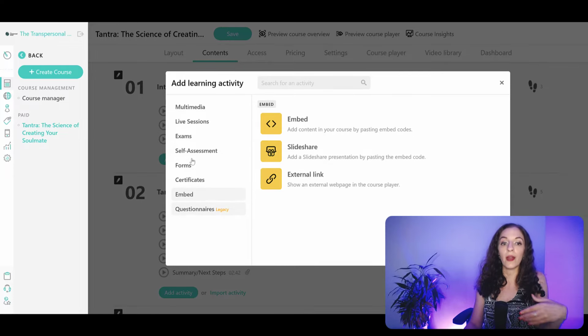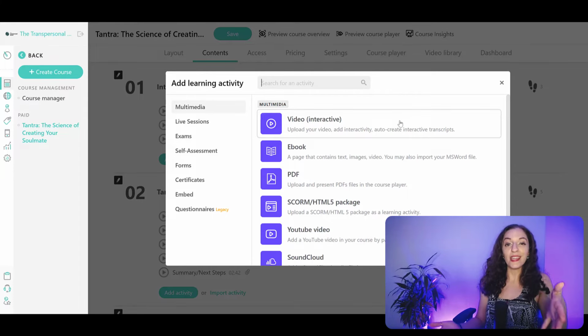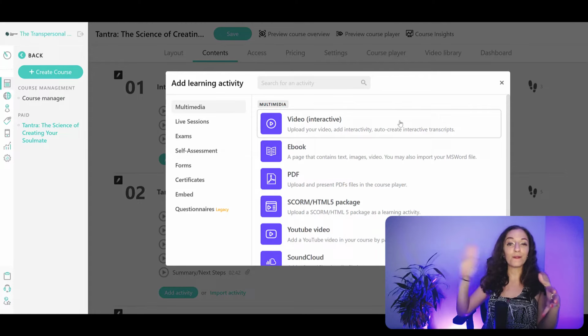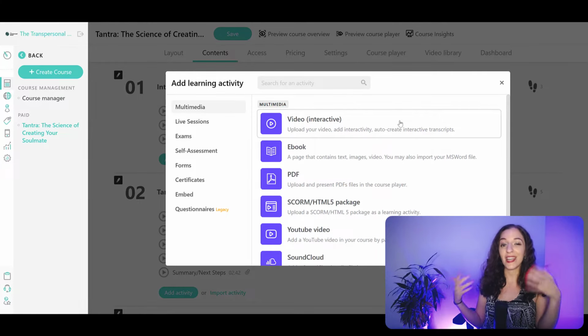You can create questionnaires. So this right here is one of the most unique elements of Learnworlds, is that you can create your video lessons to be interactive, so that when someone clicks on an image or a piece of text within that video, it does some sort of behavior. You could do different animations. This is really cool because it keeps the learner or the student engaged, right? They're actually needing to take action in order for the lesson to continue. So you don't need a different third-party software or anything like that, or understanding tech, understanding animations or anything like that to create this kind of engagement with your course content. It can all be done within the Learnworlds platform.